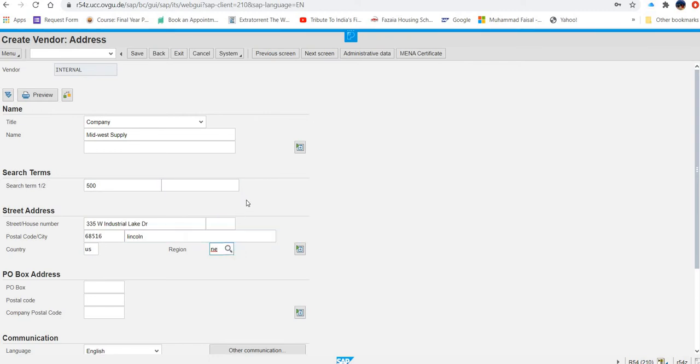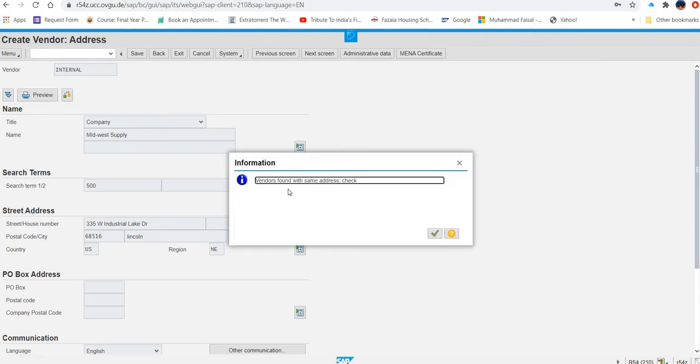Okay, so these are the things that you have to enter here. Then they said you can press enter or press next. Over here you don't have any next button, so you just press enter and you will be on the next screen. Vendor found with the same address, check. You receive this in a case when you have already created vendors with the same address.